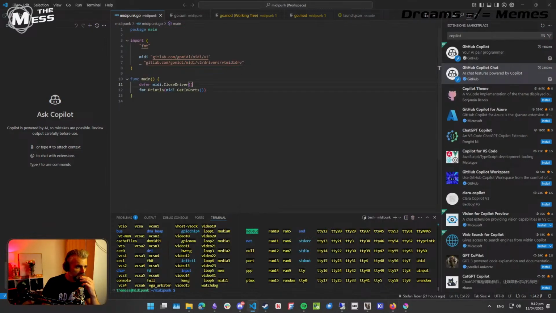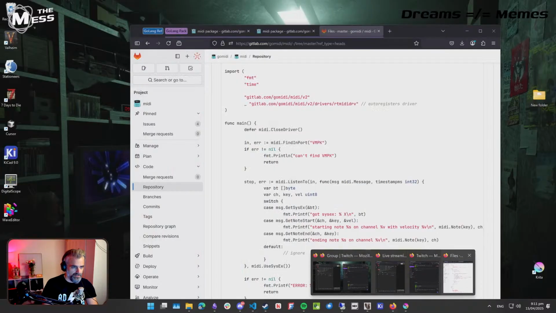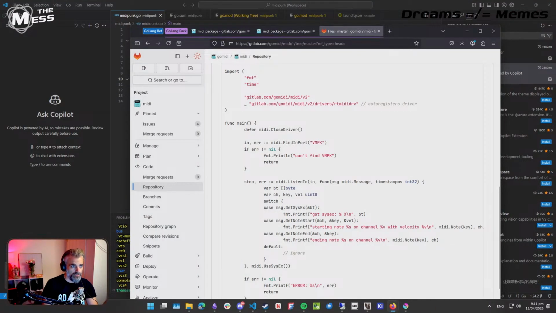RT MIDI driver. So yeah, the point that I was at here is I was able to run TTY MIDI and detect that as a device in here. Now, the other option I had was actually to just read the raw MIDI data out of the serial. And I mean, that could be fun because